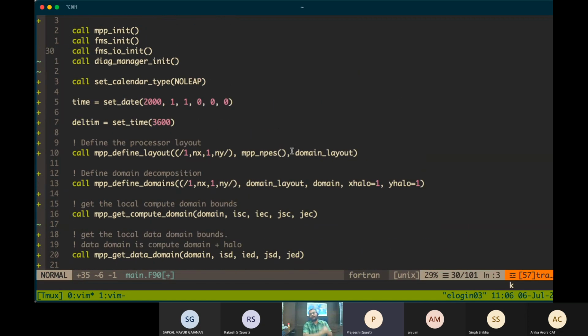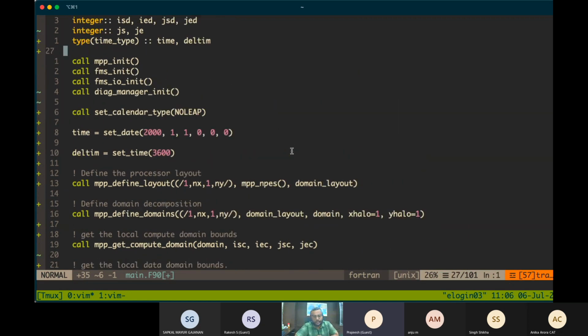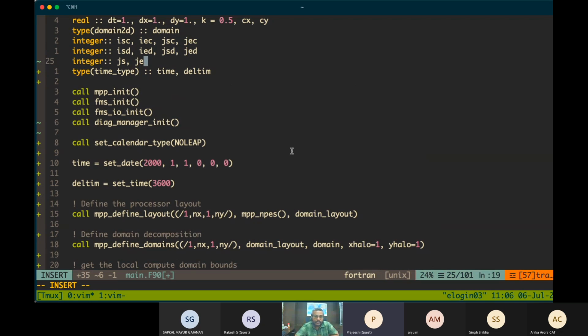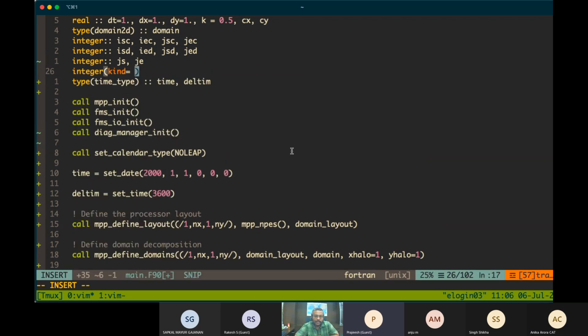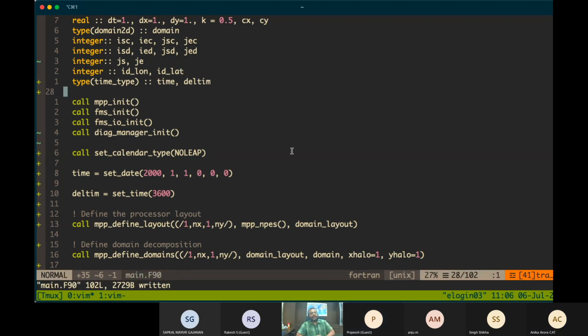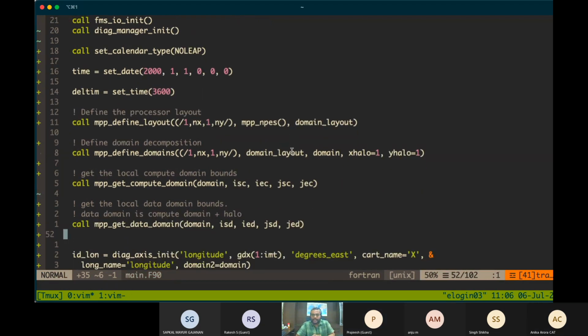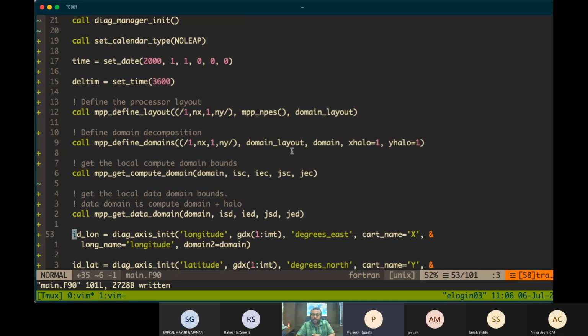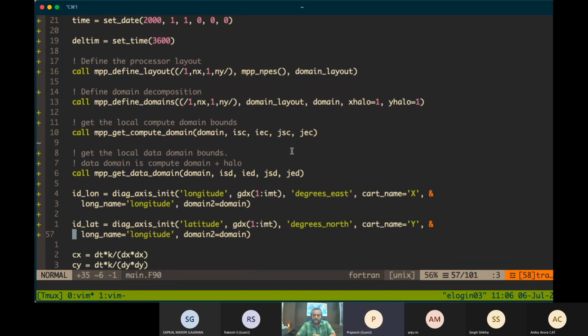So we'll be defining it as integer, integer id_lon, id_lat. It's something like NCVID in NetCDF, right? Yes, it's like the NetCDF variable ID.